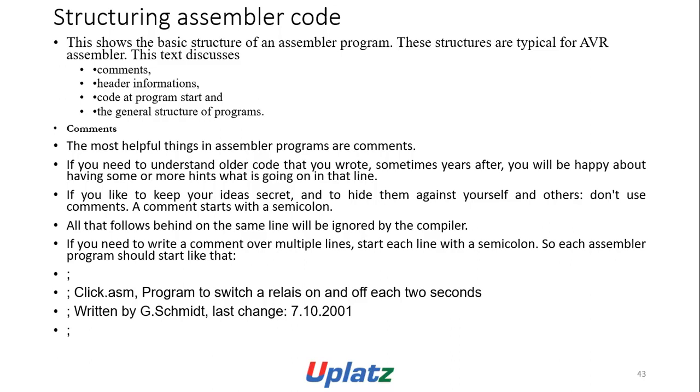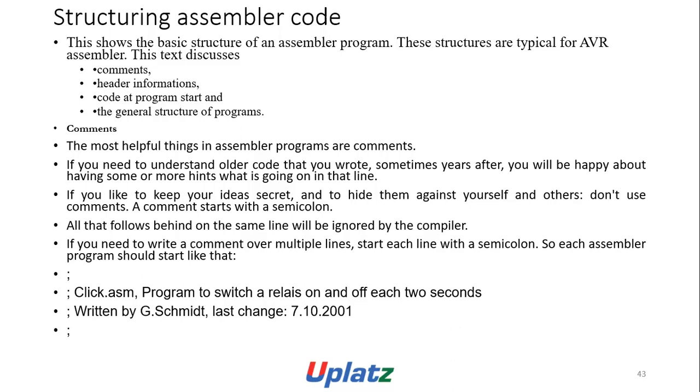If you like to keep your ideas secret and write them against yourself and others, don't use comments. A comment starts with a semicolon. All that follows on the same line will be ignored by the compiler. If you need to write comments over multiple lines, start each line with a semicolon. So each assembler program starts like that: semicolon, semicolon, click.asm, program to switch a relay on and off each 2 seconds, written by this commit last string,